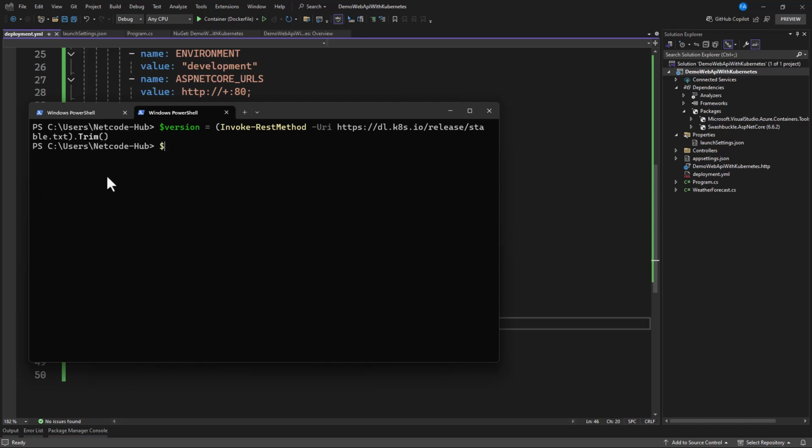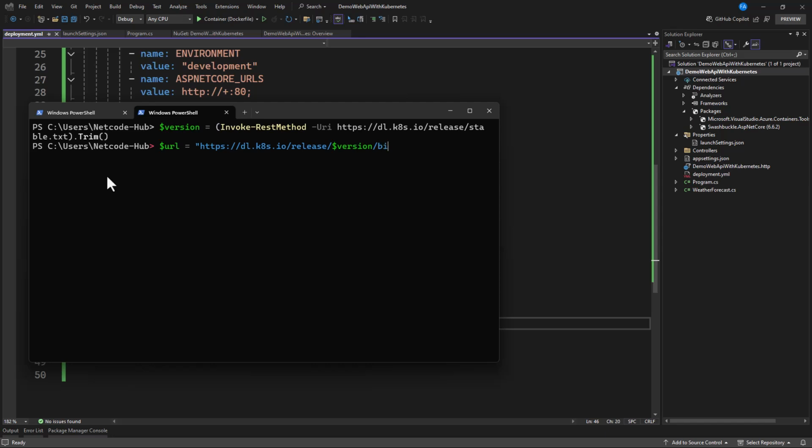So we say this is $url, and this is also equal to https://dl.k8s.io/release/. Then inside the release, we need to specify the version that we created. So we say this version. You see the variable that we have created, that is what we are introducing here.